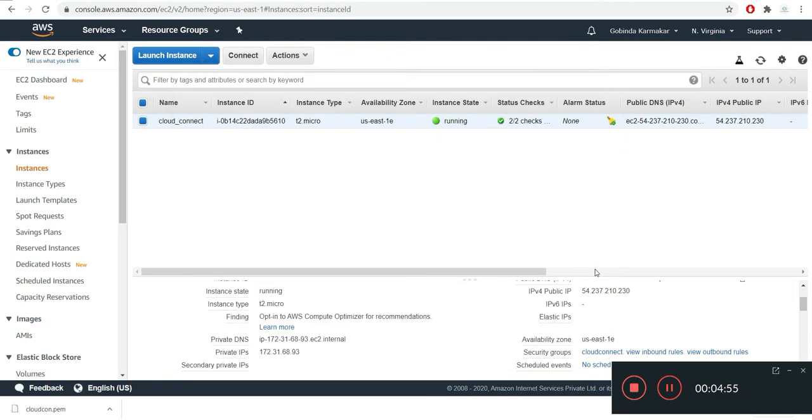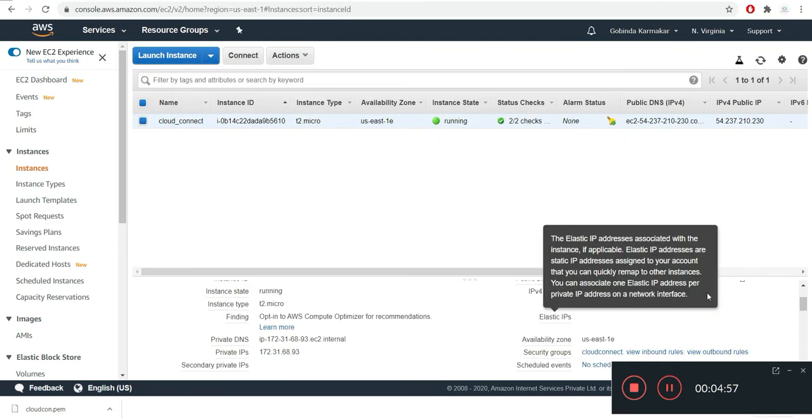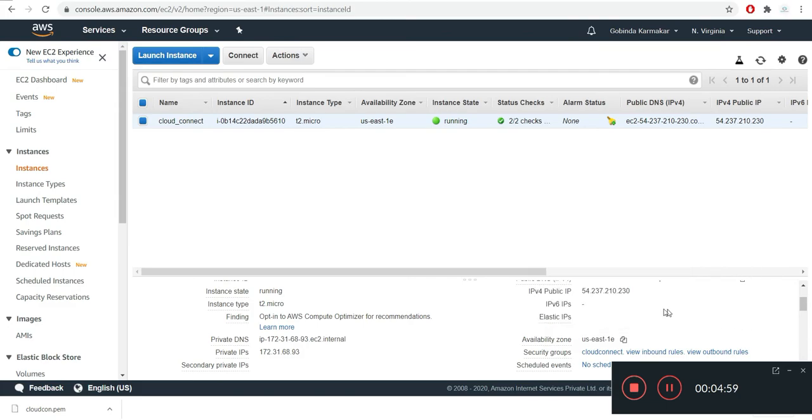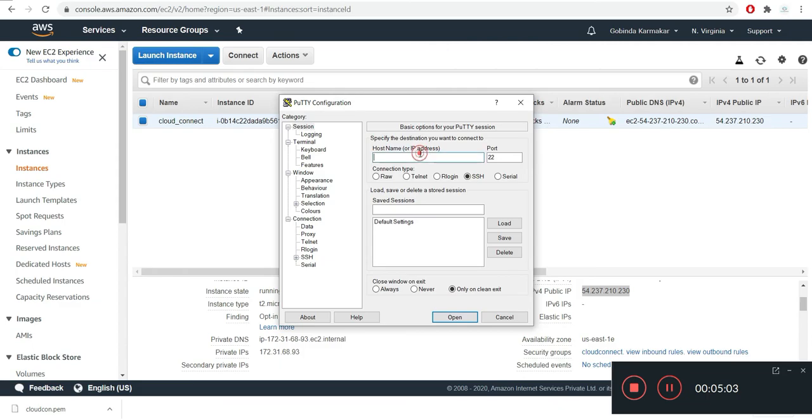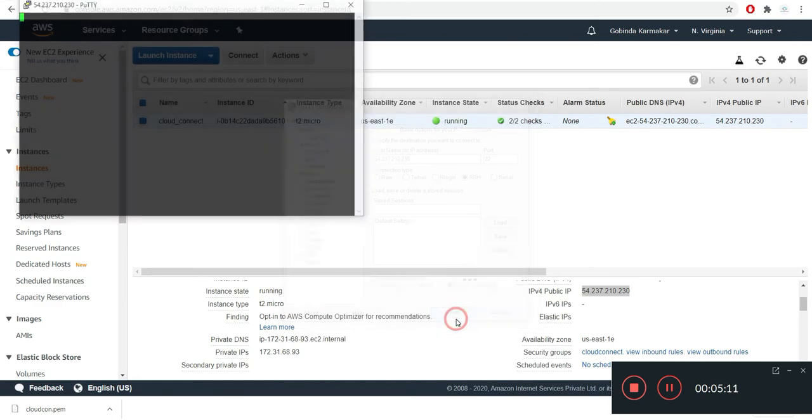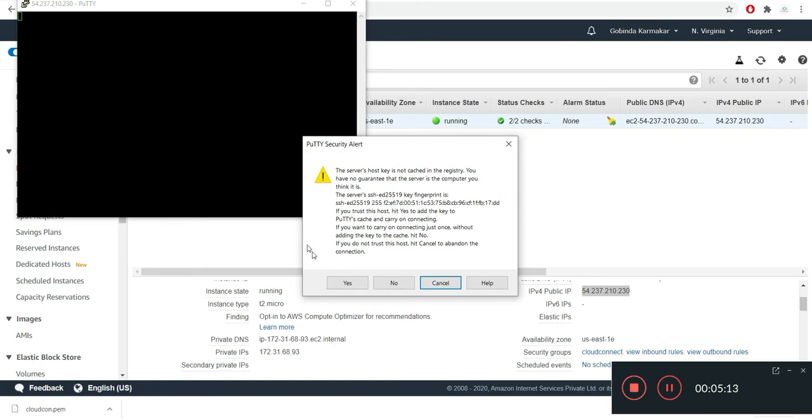We need our public IP. For the instance, the public IP, the same way we need to hit this copy clipboard button and just paste it over here, and the port number is 22, which we have mentioned in our security group. So we just need to hit open. See, PuTTY came.